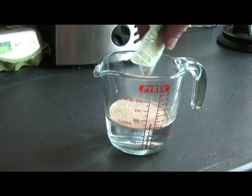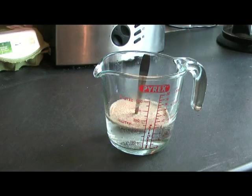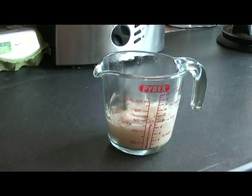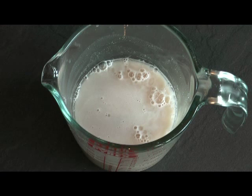Yeast in some form is essential if you want your bread to rise. Here, dried yeast is activated by stirring it into tepid water. Leave it for a few minutes and it turns into something that looks unpleasant, but those bubbles are made by